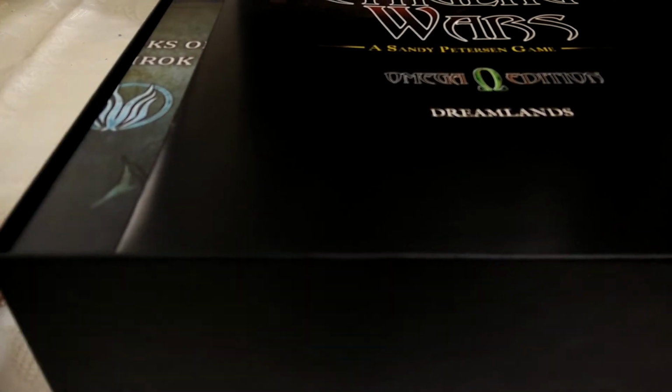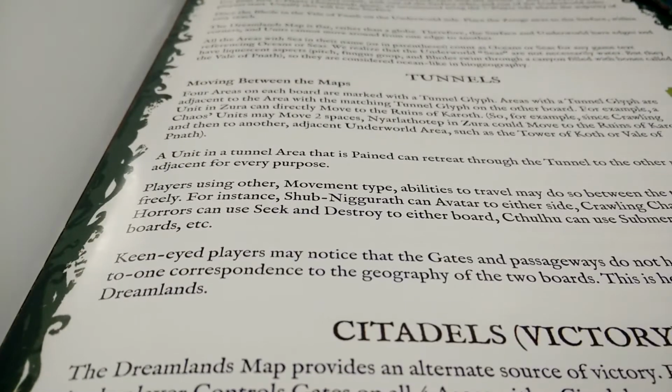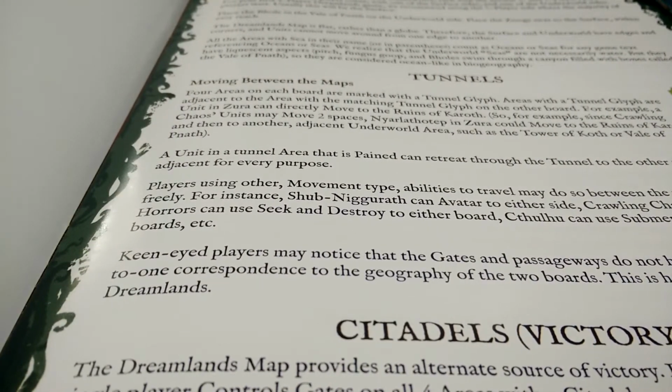We have the Dreamlands here, slightly bigger rulebook on this one. It's a good 10 pages, pretty pictures. We've actually got some funky miniatures, so if it will focus a bit better, there you go. We've got Zoogs and a bowl. We've also got, again, a double-sided map, and there's some funkiness with this because it has tunnels, and unlike regular